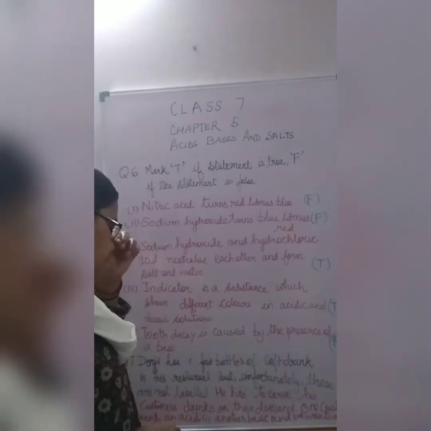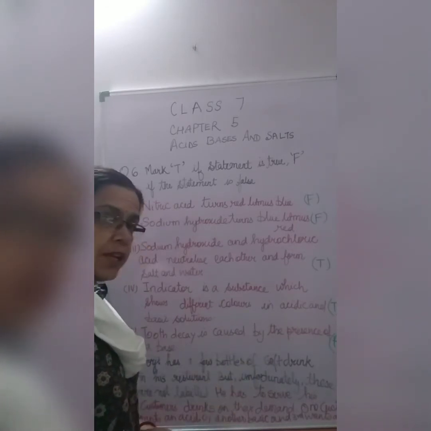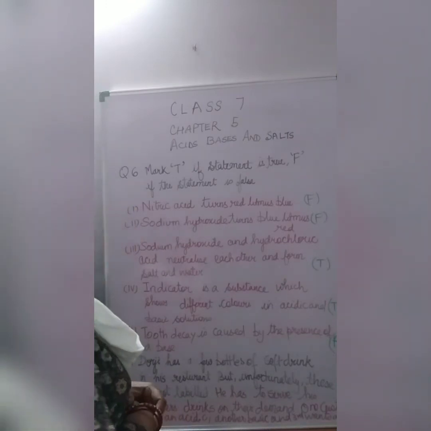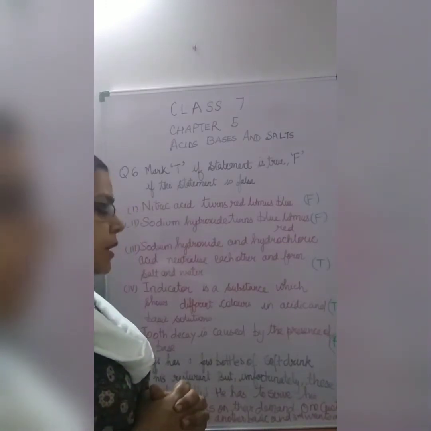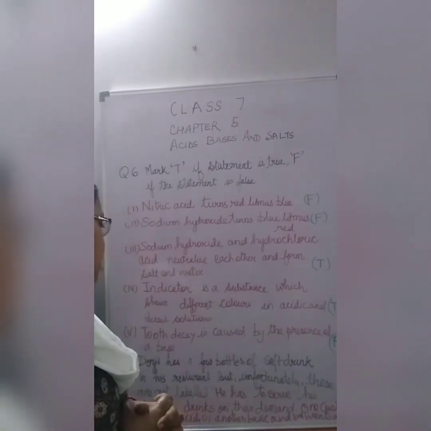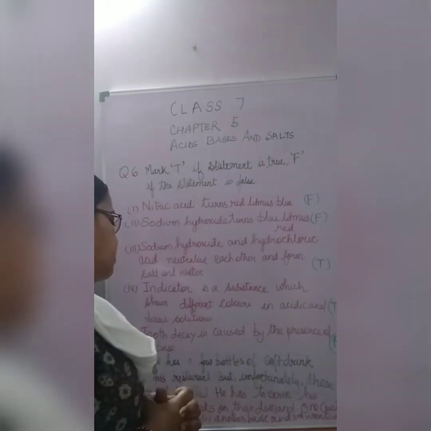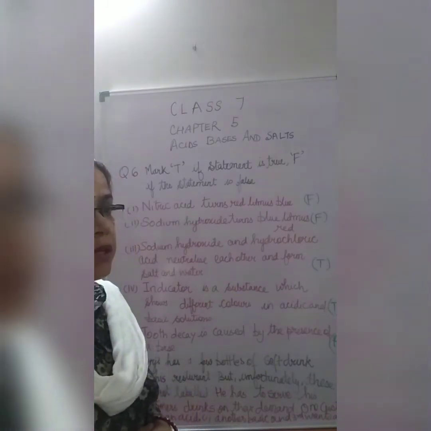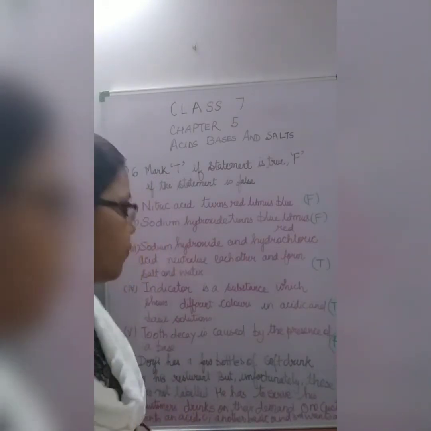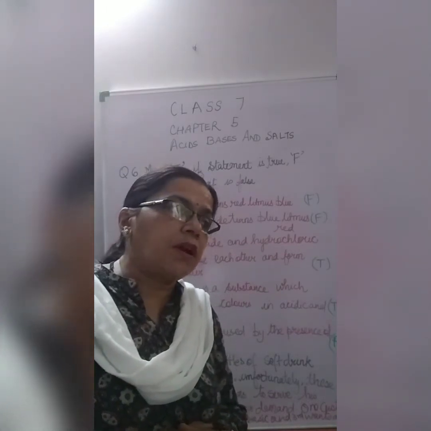Now there is question number 7 in which Georgie has a few bottles of soft drink in his restaurant. But unfortunately, these are not labeled. He has to serve his customers drinks on their demand. One customer wants an acidic drink, another wants a basic drink, and third one wants a neutral drink. So how can we help Georgie to find out which drink is to be given to which customer?